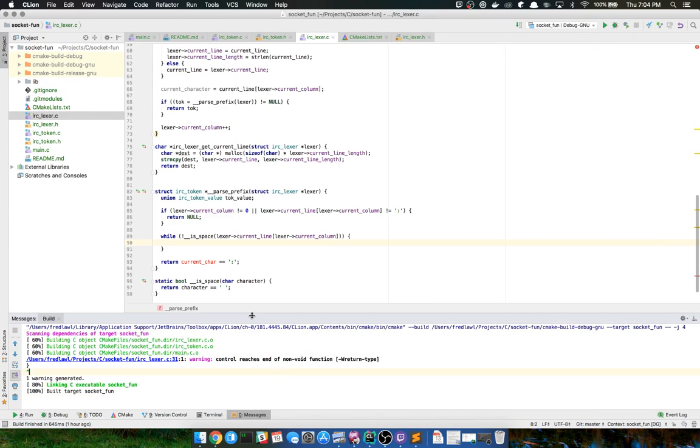So while not space, we're gonna go ahead and buffer up our line here. Now the problem is I don't know how much to allocate this to. This is where it becomes easy in other languages like PHP, because you can just append onto some array.